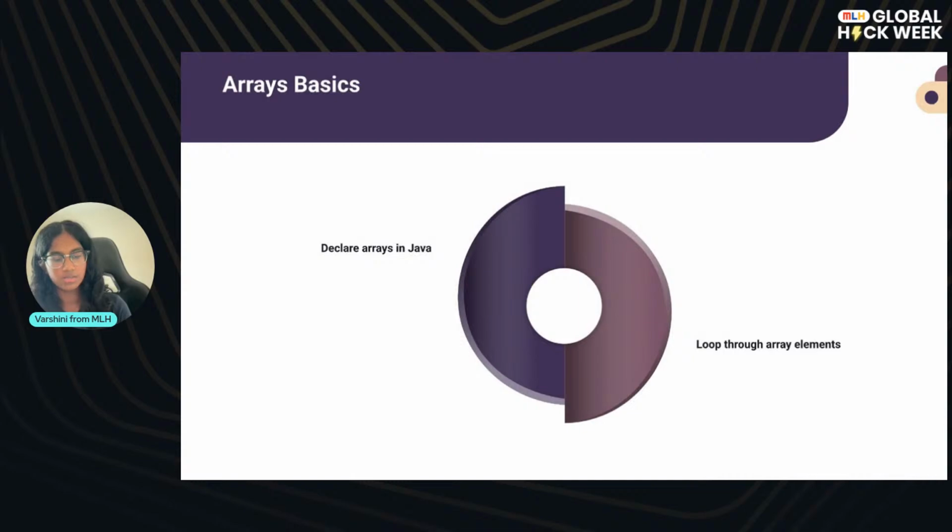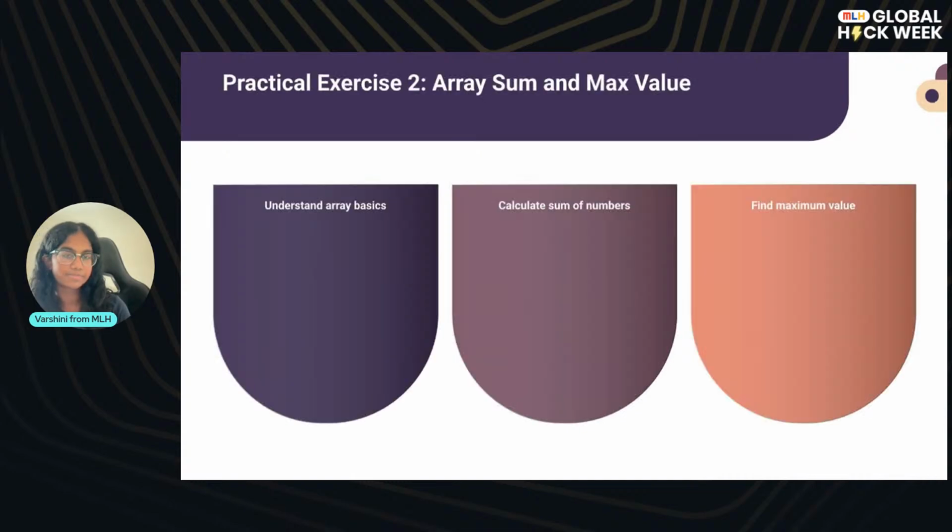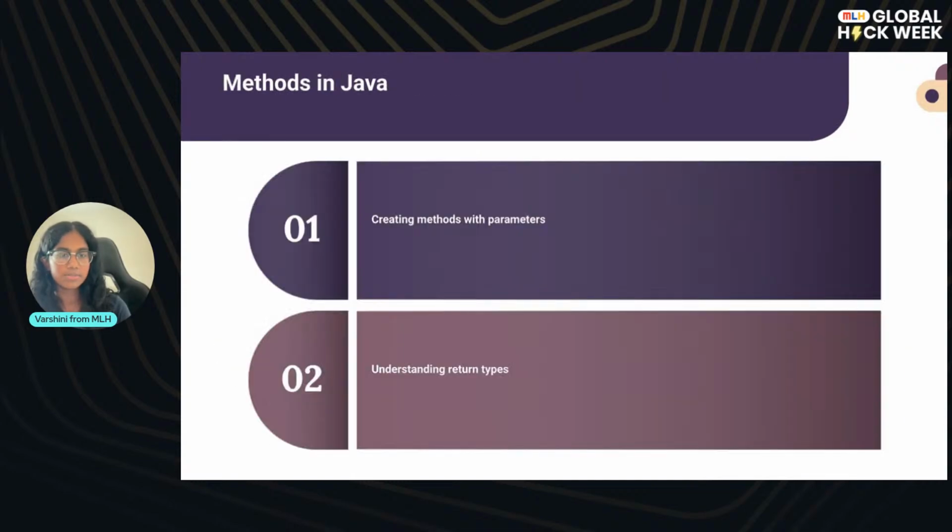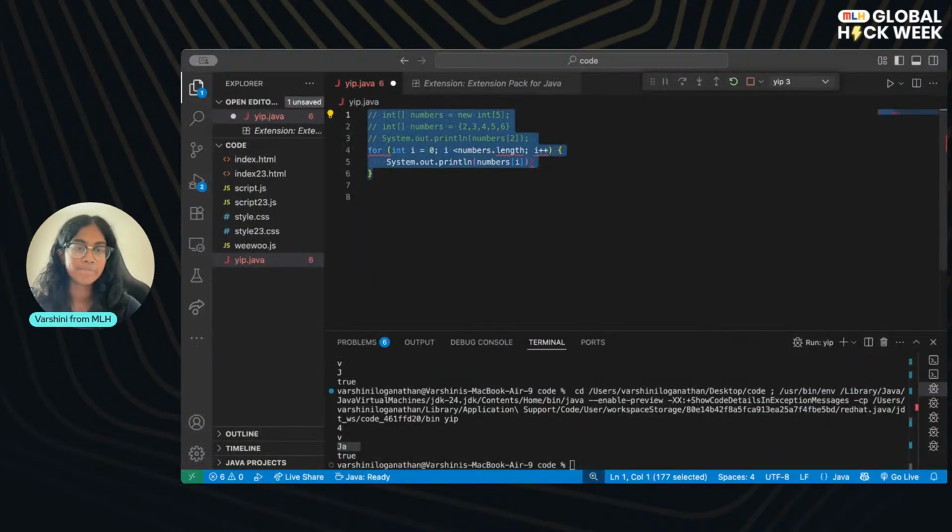And let me talk about methods for a little bit. Let's skip that practical exercise. So we've got methods, and methods are one of the most important tools in programming. They're basically just blocks of code that are named that you can reuse. So you can think of them as your own custom commands that you're writing yourself. So you've been seeing method names previously, but let me show you a small example of that.